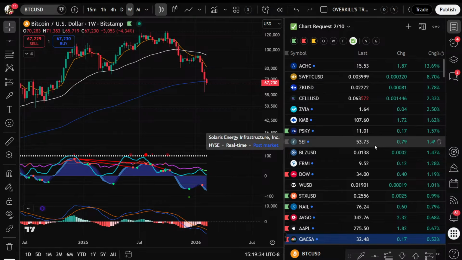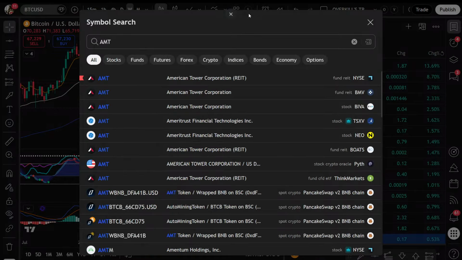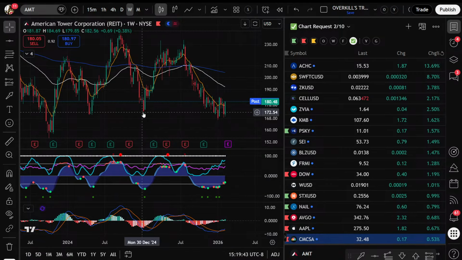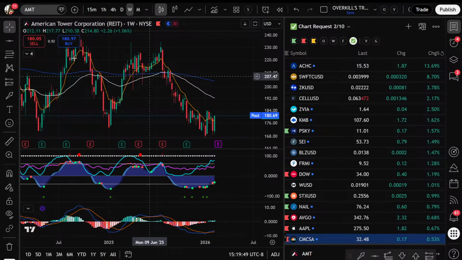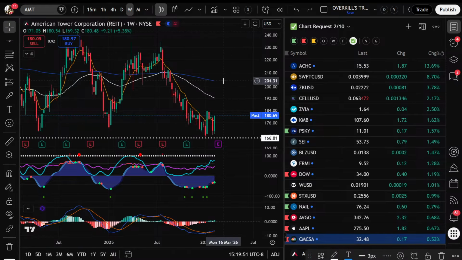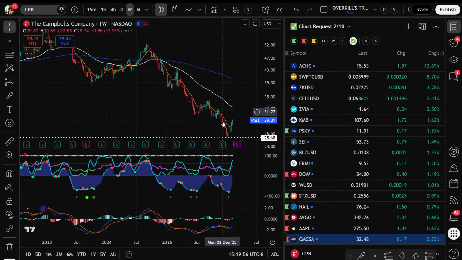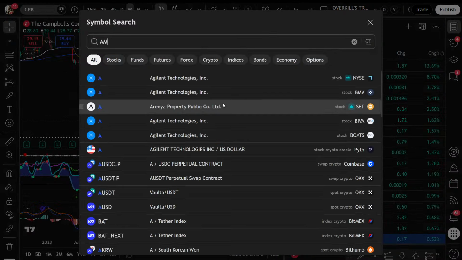AMT got a green dot down here on the weekly. So this is definitely a big zone. You can see we bottomed here in December, bottomed there in April, bottomed back here at 155 back in October. This does look good. This is another one of those value names. I think there's going to be a rotation out of tech into names like CPB, Campbell Soup. Very boring stock, not NVIDIA, not all these sexy Apple, Amazon stocks